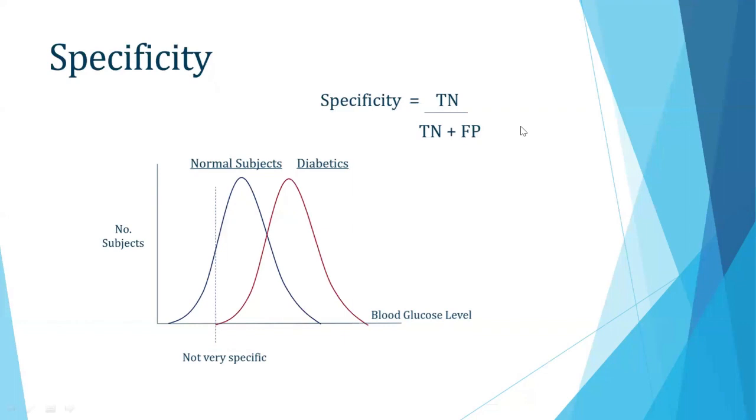Whereas in specificity, our test should be so specific that it rules out the disease in the population. So if the test has the specificity value here, then we can say that the test is not very specific because it is including many patients that do not have the disease, and we want the test to identify the patients who do not have the disease. So this is not a very specific test.